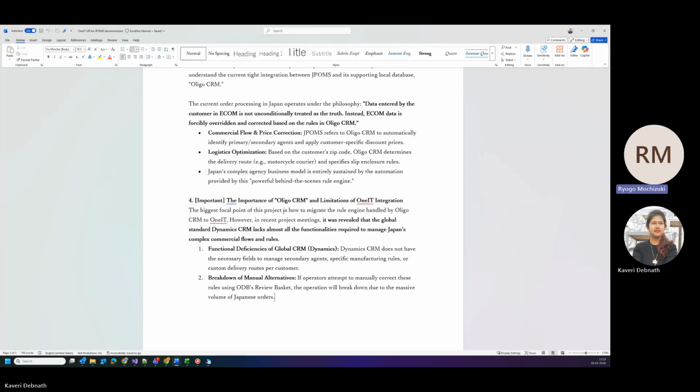JPOMS is just to process orders, but JPOMS can refer to the data in Origo CRM. So Origo CRM has all the accurate data for all the customers and the distributors. JPOMS utilizes it because when the data from ecom is not correct, like a wrong distributor is assigned with an account,